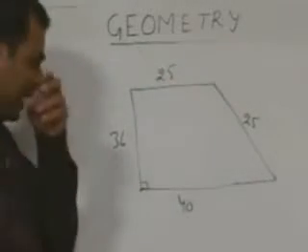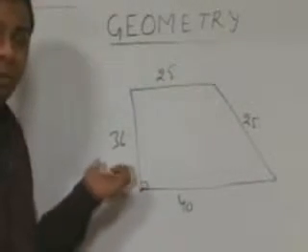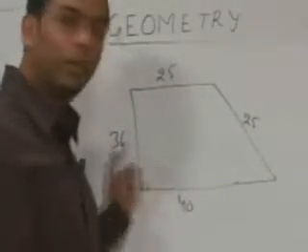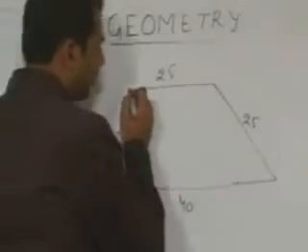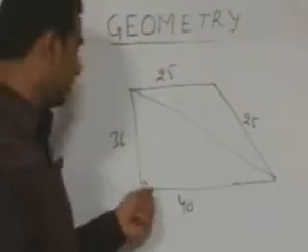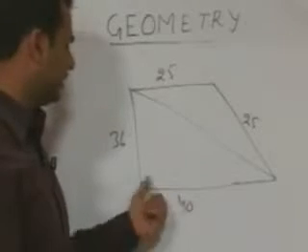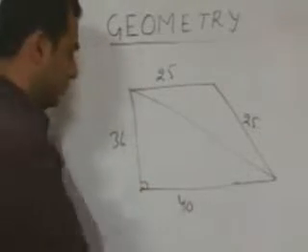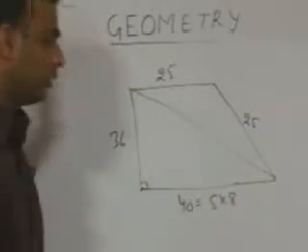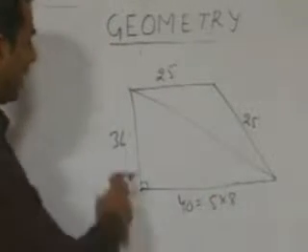So the moment I see this, the first thing which should strike our mind is to check whether these are standard triplets or not. Now for example, if I join these, 36 and 40, just check whether these are standard triplets or not. 40 is nothing but 5 into 8.